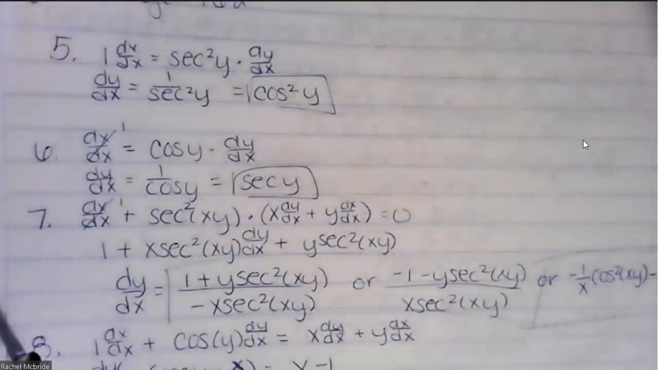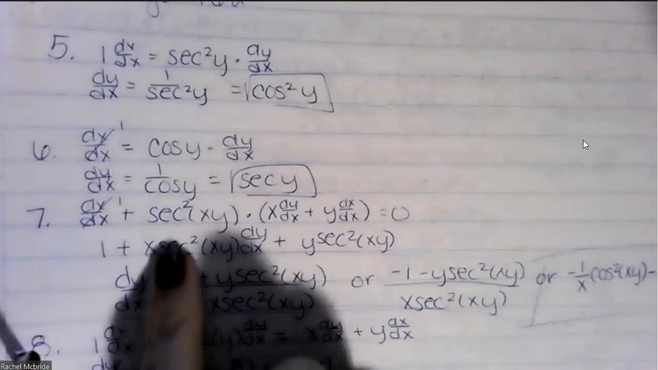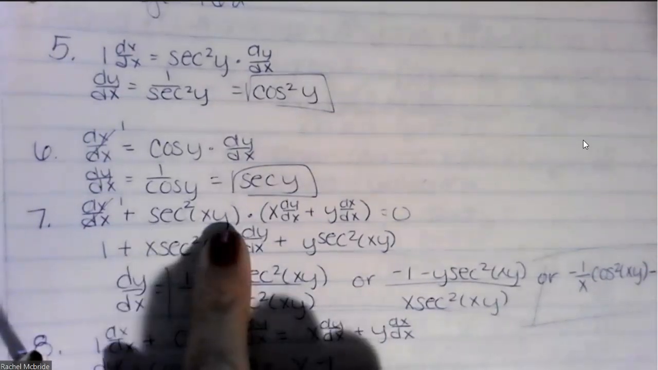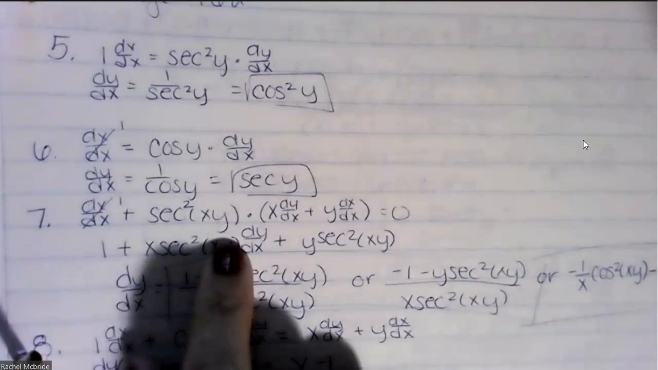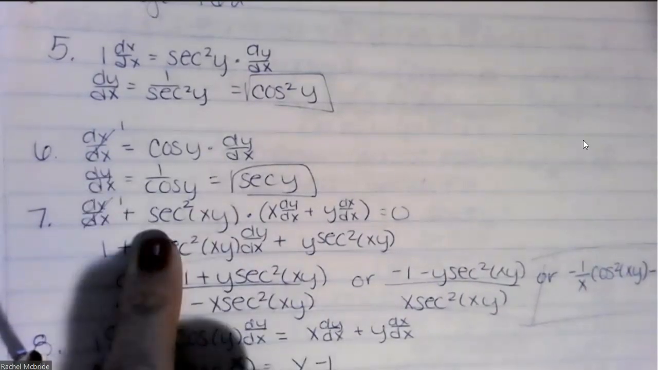Hopefully for number 5, you got cosine squared y. Number 6 is 1 over cosine y, which is the same as secant y. And then 7, this is where 7 gave us problems on the quiz. 7 is actually very similar to one of the questions I really wanted to talk about, which is that when you have a trig derivative and it has a product inside, you have to make sure that you apply the